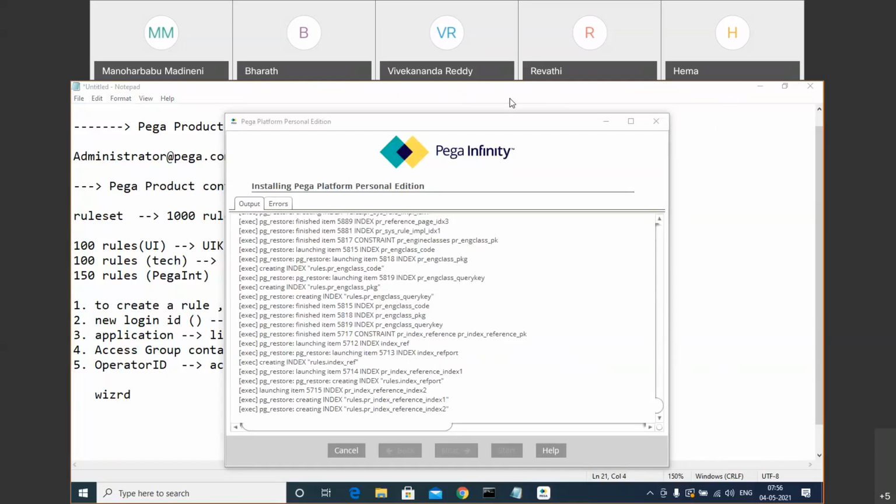No problem. Maybe Raju, do you have it by any chance? No, for today I don't have. I logged in on a different system. Okay. I guess I'll try for a cloud instance. One moment.